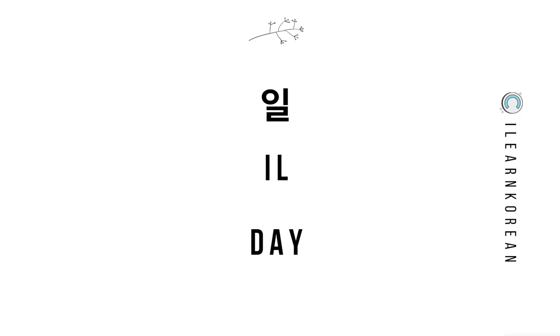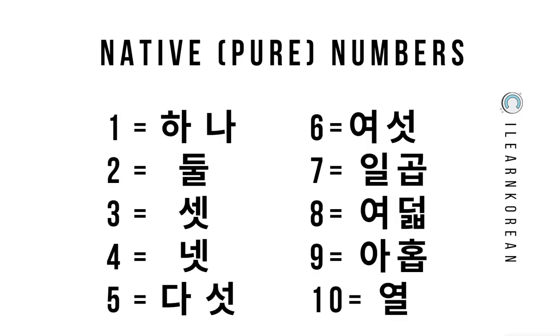So let's go ahead and look at how we can talk about days in terms of quantity. Before we do that, I just want to show you that there is a correlation, from my point of view, in terms of the native numbering system in Korean, which is the following, as you can see on the screen. From number 1 to 10, you have 하나, 둘, 셋, 넷, 다섯, 여섯, 일곱, 여덟, 아홉,